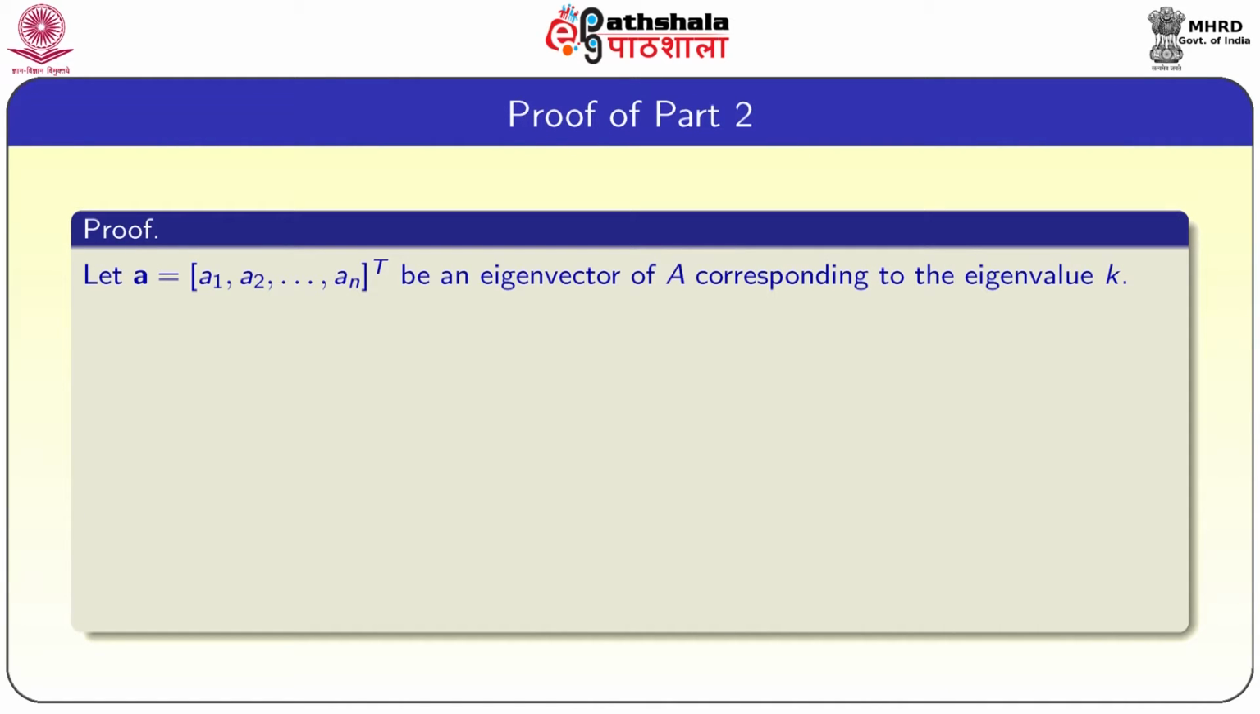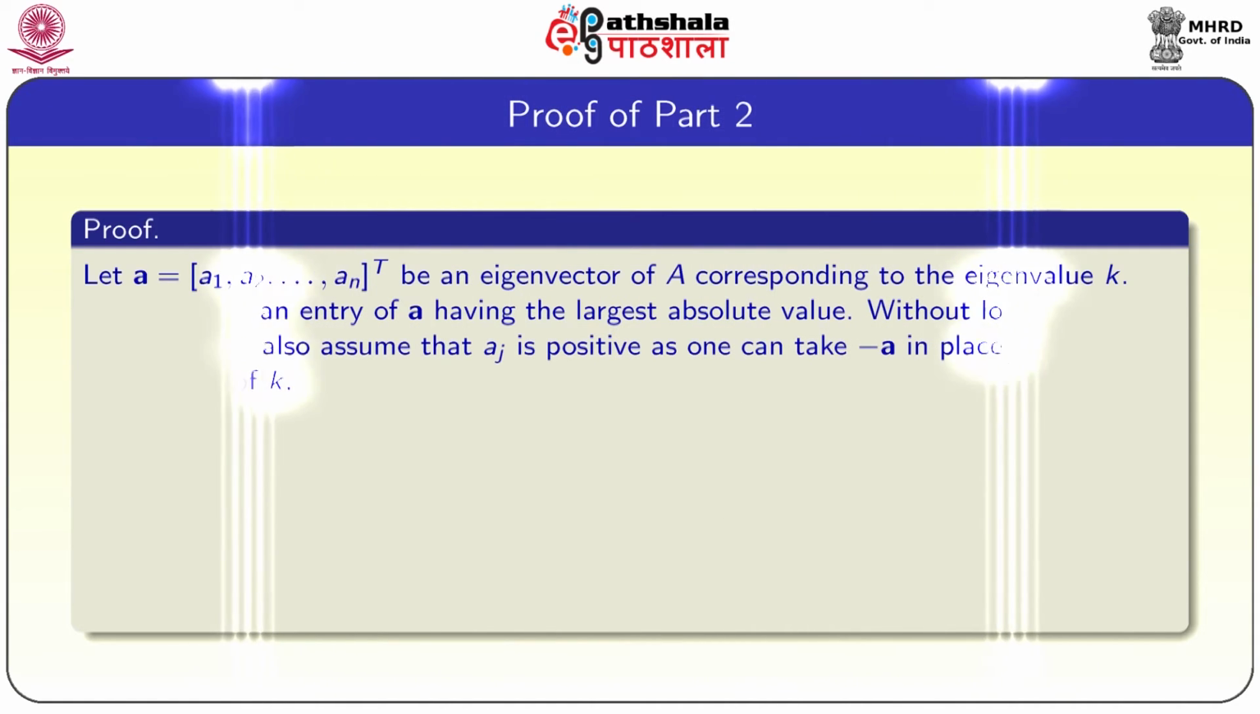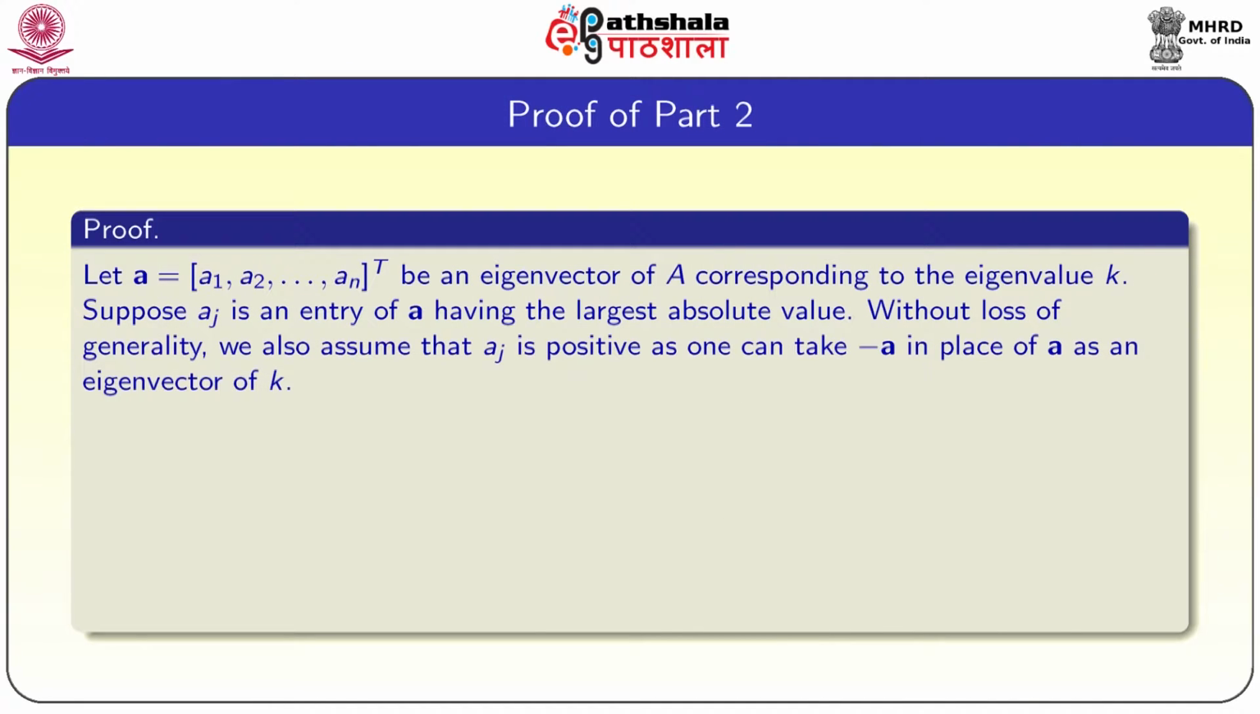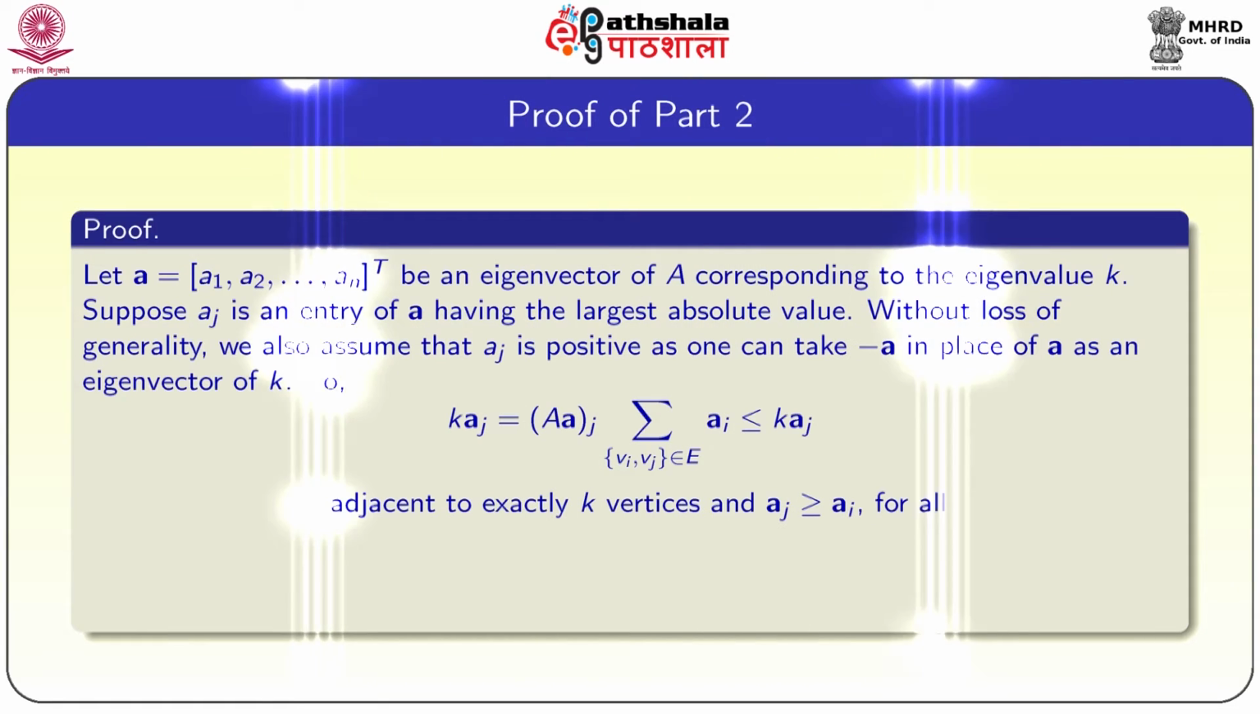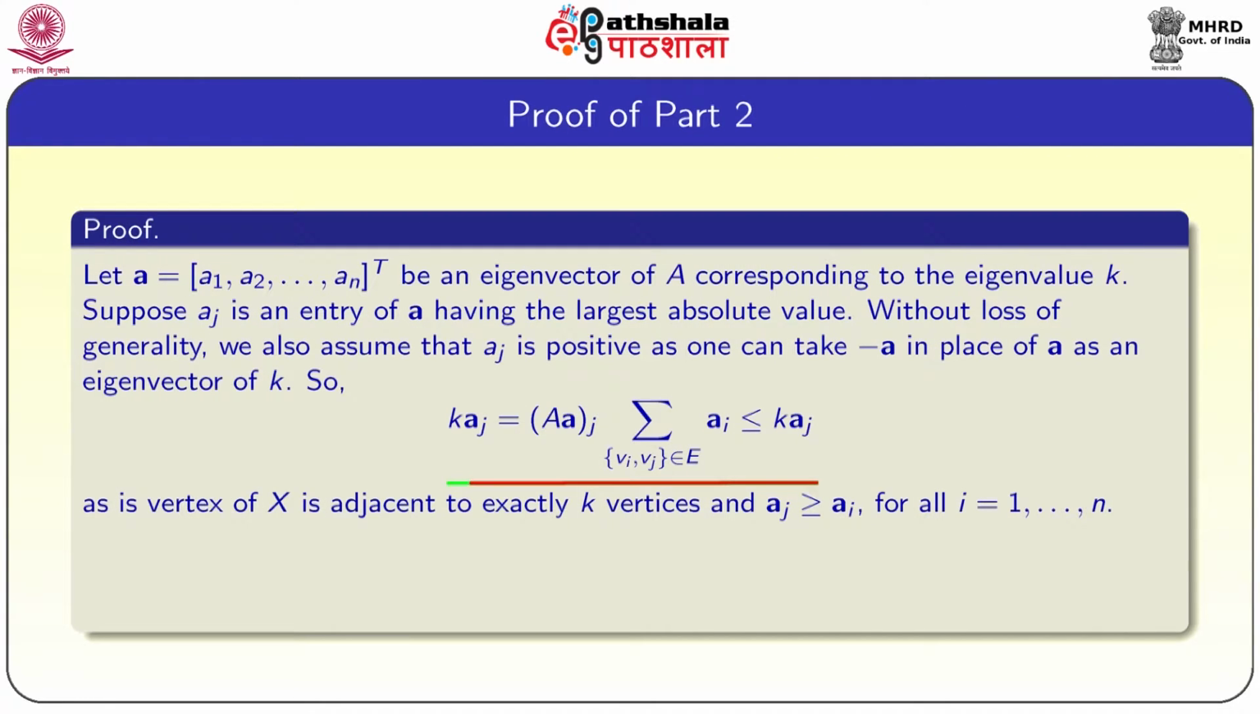Let A = (A1, A2, ..., An) transpose be an eigenvector of A corresponding to the eigenvalue k. Suppose Aj is the entry of A having the largest absolute value. Without loss of generality, we will also assume that Aj is positive, as one can take minus A in place of A as an eigenvector of k. So, k times Aj